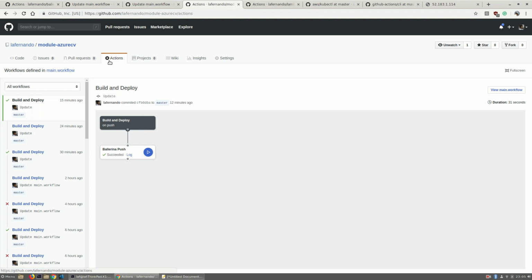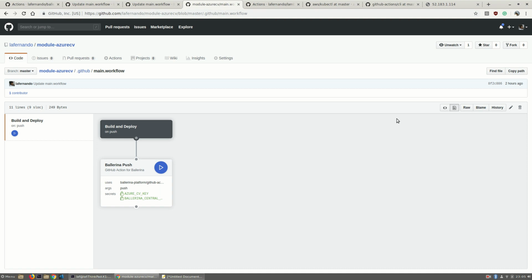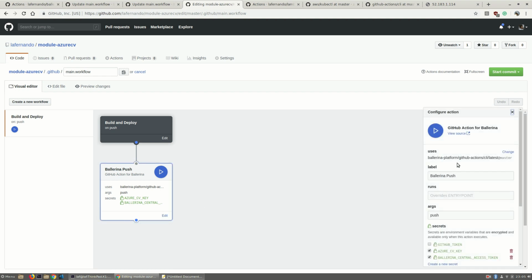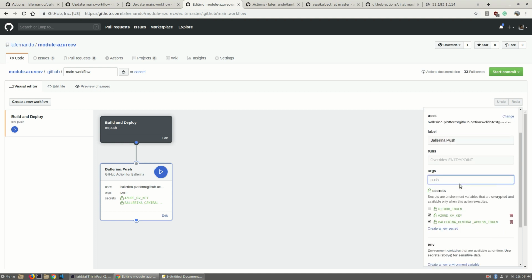So here, let's check how the workflow is defined here. For this also we use the same Ballerina GitHub action, but here the argument or the command is a Ballerina push, and for this we are passing